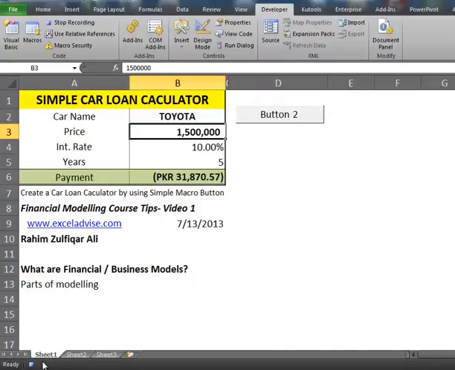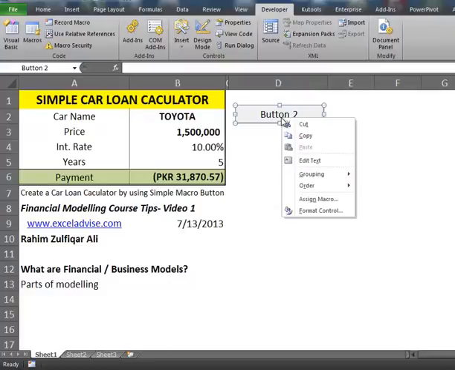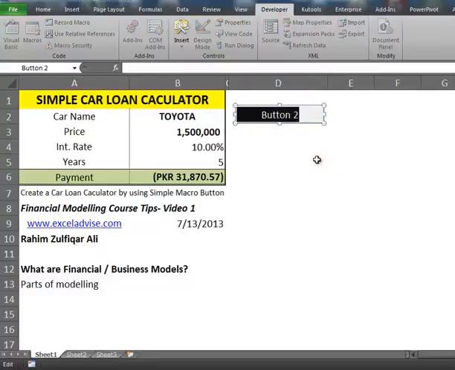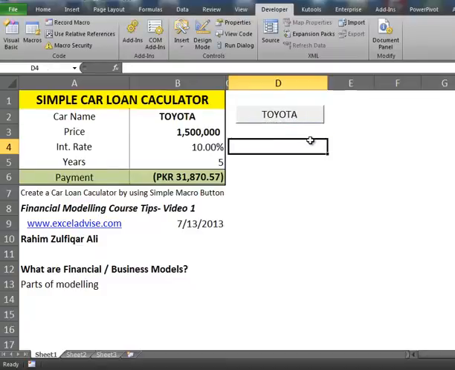Now we will stop this macro by clicking again on this blue box button. We will change this button's text: right click on it, go to Edit Text and rename it Toyota. That's it. We have just created a simple macro button.